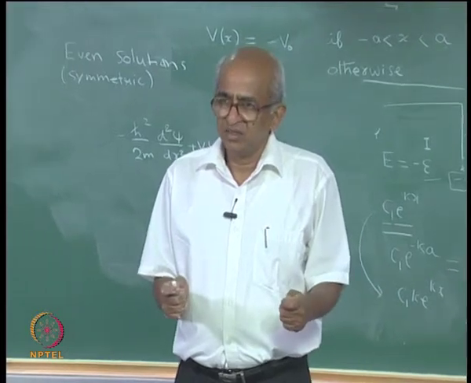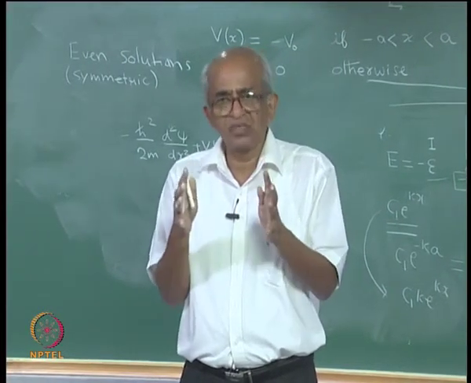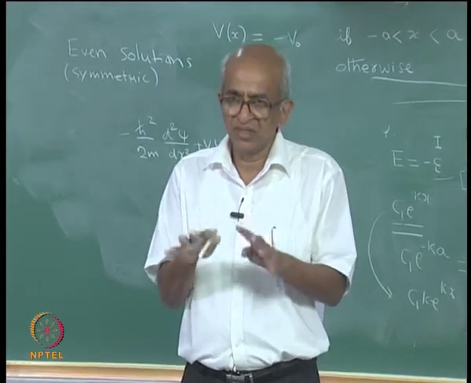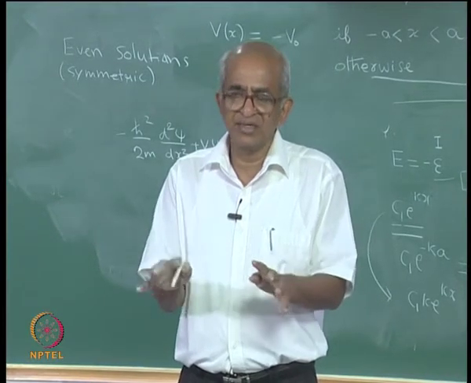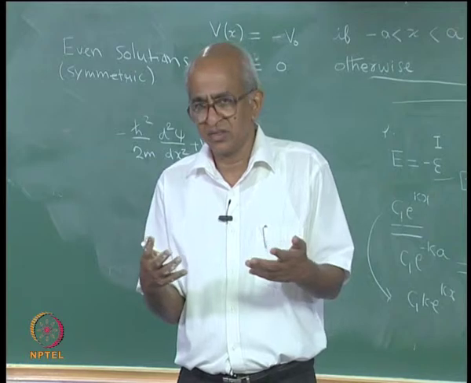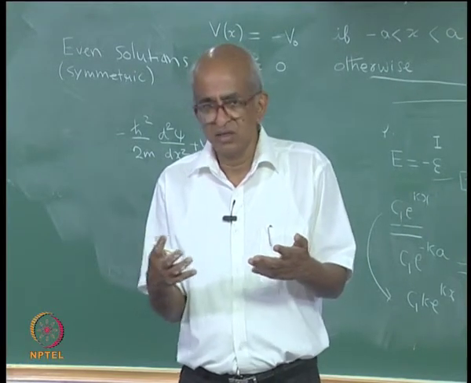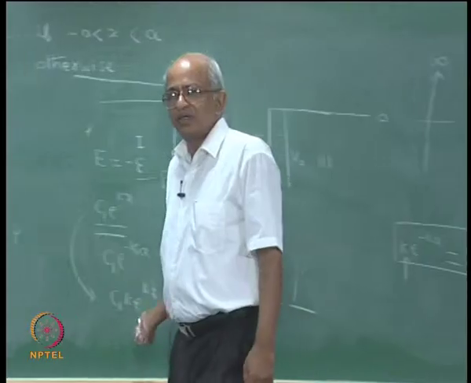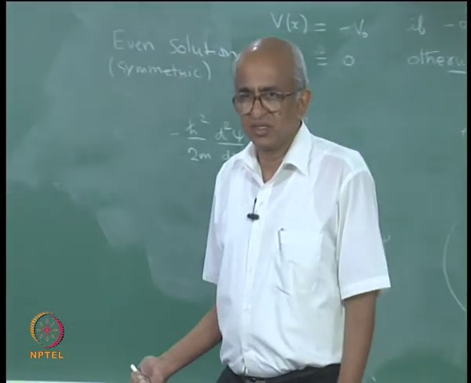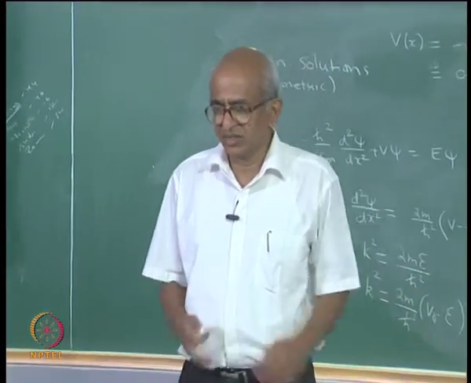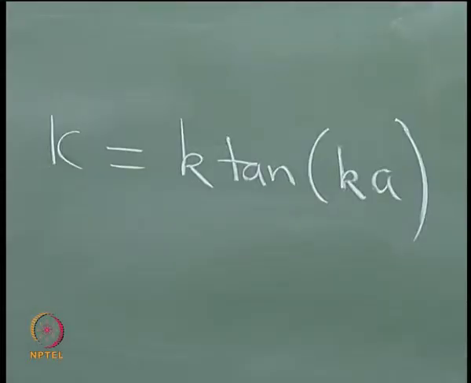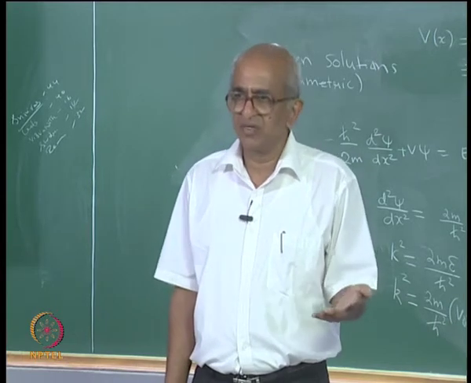What does that mean? In terms of our earlier discussion, this means that it is not possible for the particle within this potential well to have any energy. The energies that it can have are fixed, they are discrete, or as we say, they are quantized, right. So the energies are such that they will satisfy this equation, but unfortunately this equation is a rather complicated looking equation, and it seems very difficult to solve. If you solve it, you will be able to find the values of epsilon, which will give you the allowed energy levels for the particle.